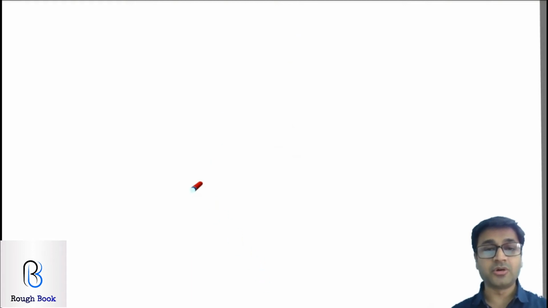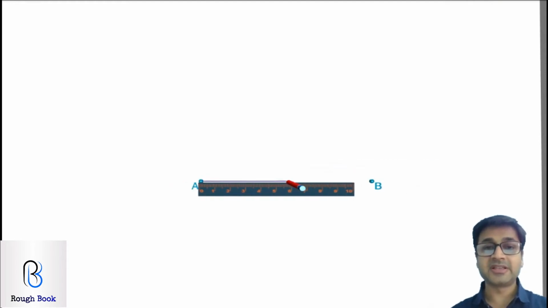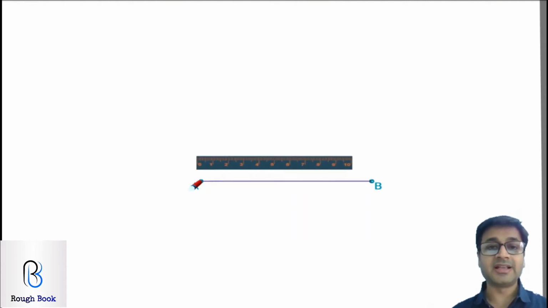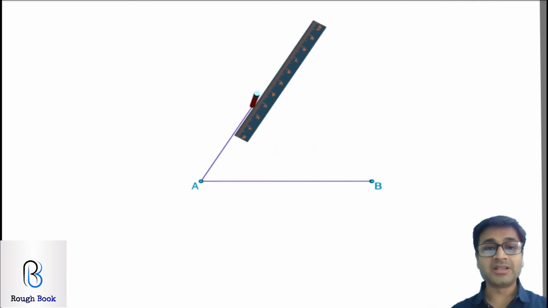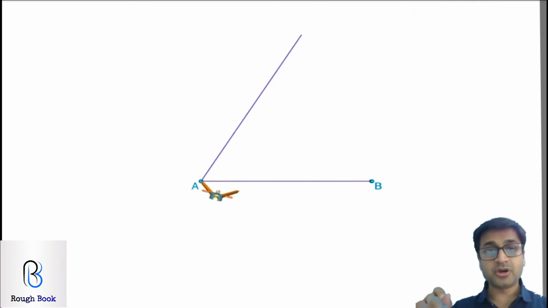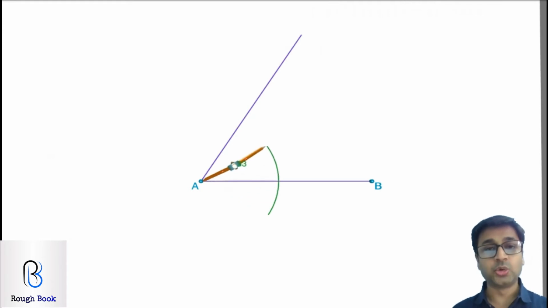First obviously you're going to create any angle of any measurement. So we're taking the base, naming it as AB. Once the base is drawn, we'll draw an angle to it of any measurement and we'll call it as AC. Once the angle is generated, how are you going to do the bisector of this angle? So keep your compass on point A, take suitable radius and cut an arc like this. The 2 points that you will get on the line are C and D with the arc.